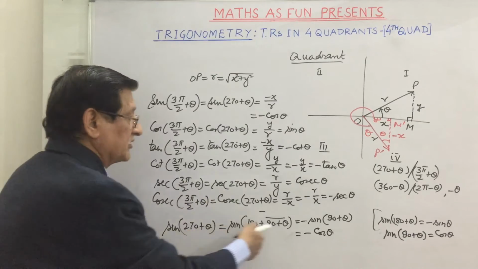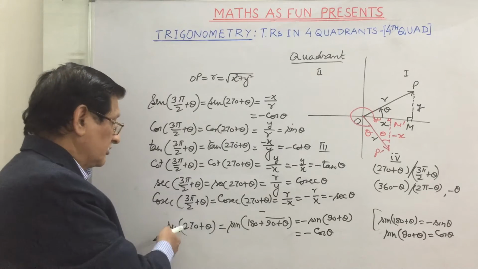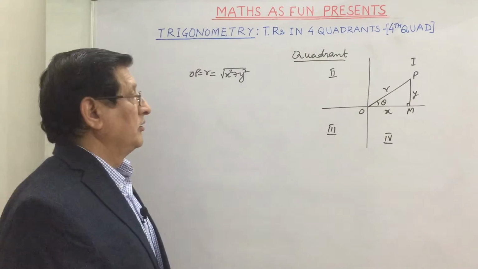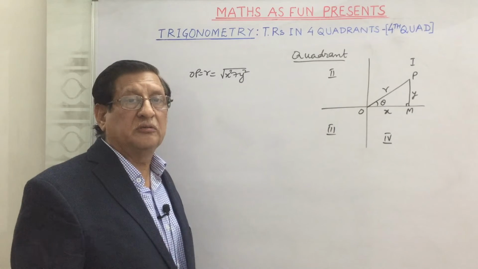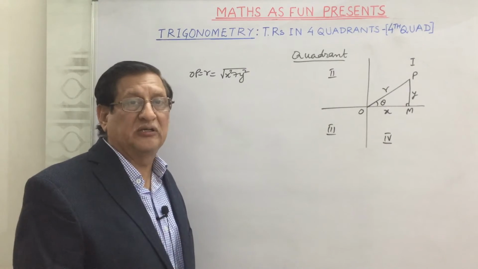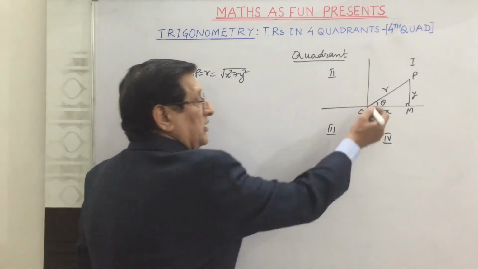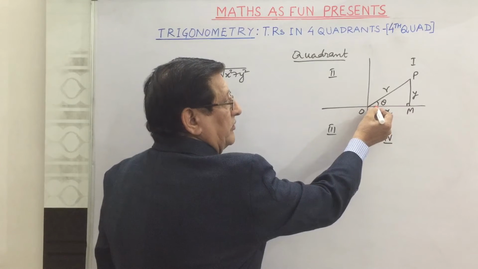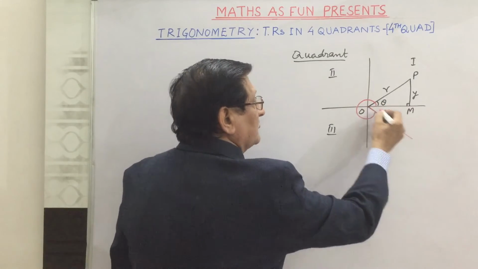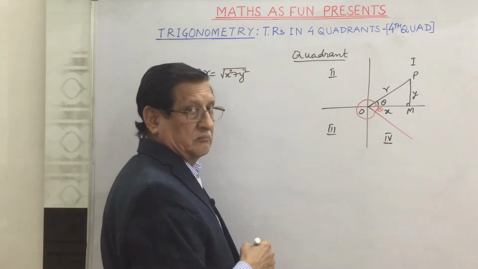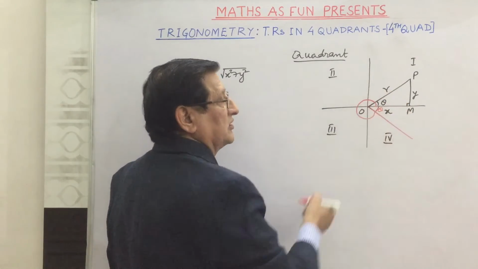Similarly, making use of this method also, we can find out all the trigonometric ratios of the angles 270 plus theta. Now, to learn about the trigonometric ratios of 360 minus theta or minus theta, the system will be same, because you see, in case the revolving line starts from here and makes an angle 360 minus theta, it will come here and this will be the angle theta. And in case it goes in the negative direction, then minus theta is also the same.